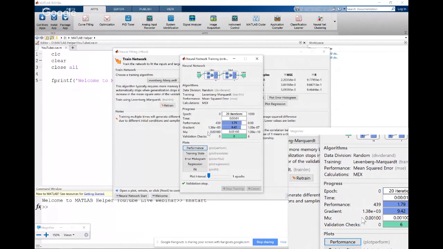So I'll explain a bit of these validation checks before proceeding. Also, we'll see all the plots which are given below, like the performance plot, the training state, error histogram, regression, and the fit plot, which is the most important in the data fitting part.